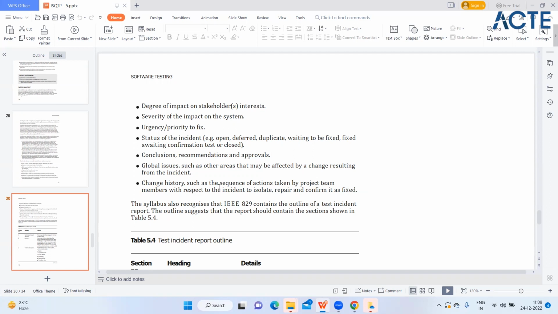For example, the actions taken by project team members with respect to the incident to isolate, repair, and confirm it as fixed. So under this change history, you will be defining everything: when that defect came, who fixed that, and after that, who tested that, who closed that. So everything will come under this change history. After that,